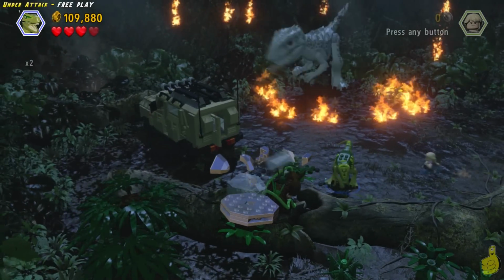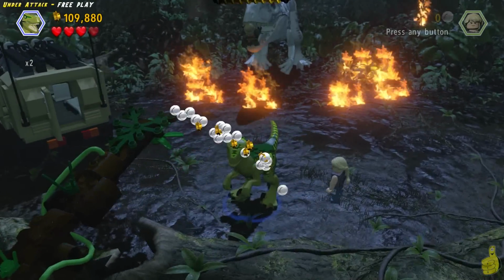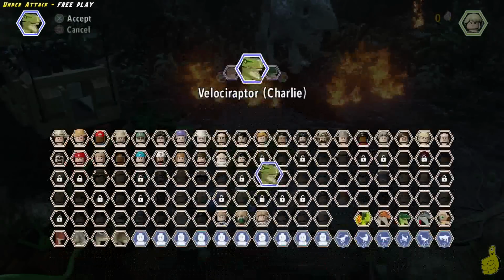Now we just have to go and build and queue the last little moment here of this area. And, of course, we're going to head off into a final chase scene, which will get us that last Minikit. So